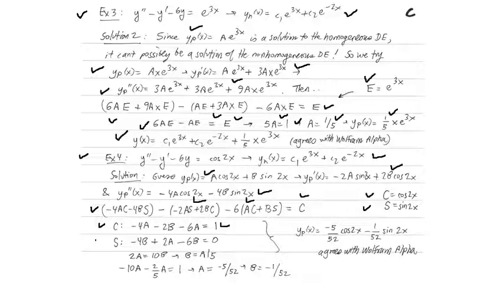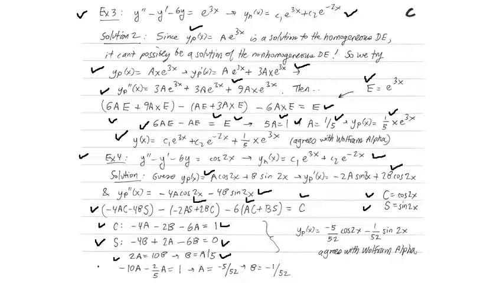The coefficient of S on the left hand side is minus 4b plus 2a minus 6b, and the coefficient of S on the right hand side is 0. So solving that last equation, 2a is 10b, so b is a over 5. A little bit of arithmetic here, and then we take that and plug that